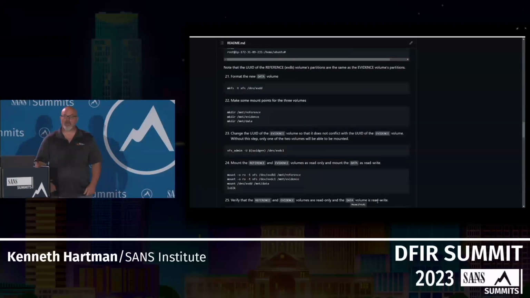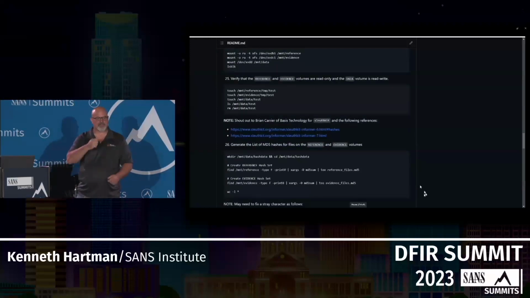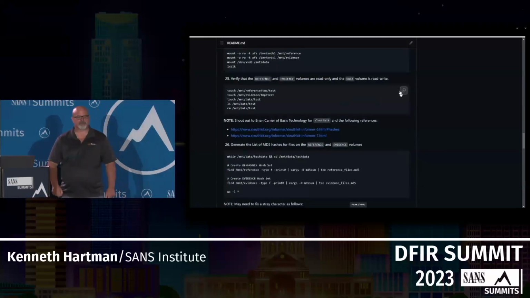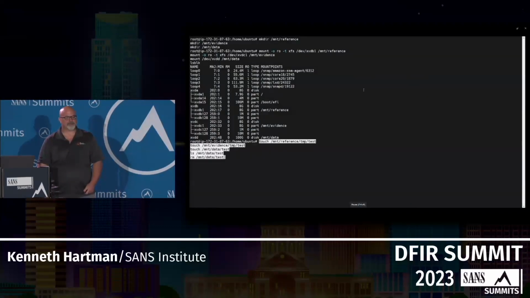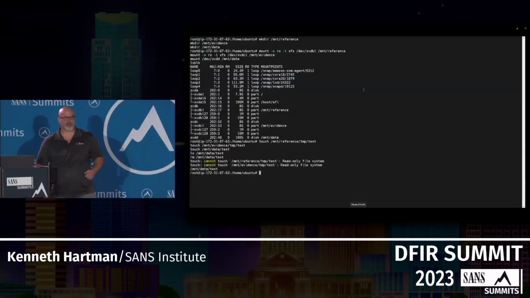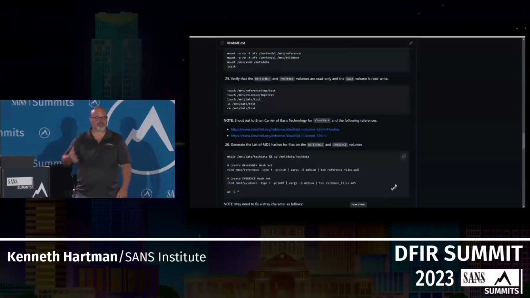Great. Now, the next thing we should do, since we wanted them to be read-only, is let's test them. Let's test them using touch. So it should fail for evidence and reference, but not for the data. And voila, so we're good to go. And it's at this point that we can start doing our